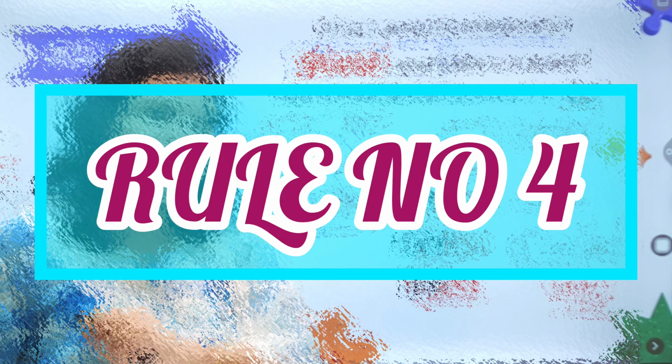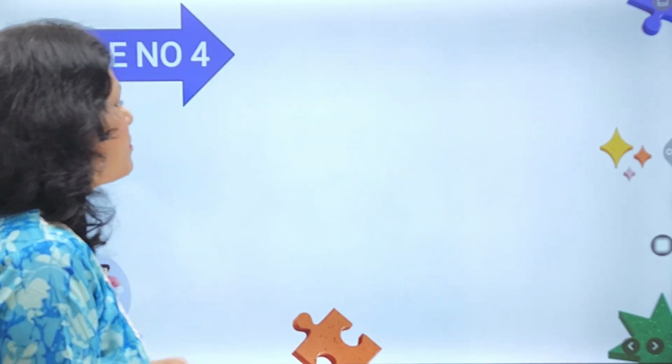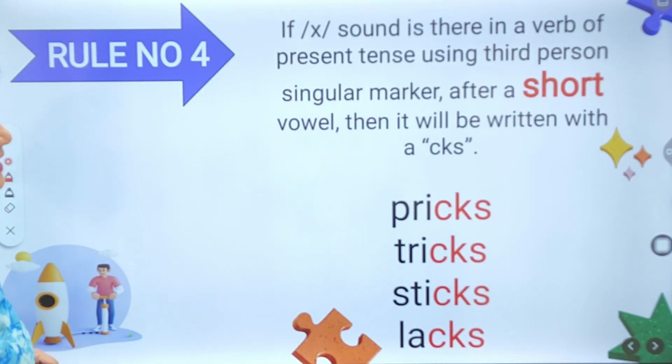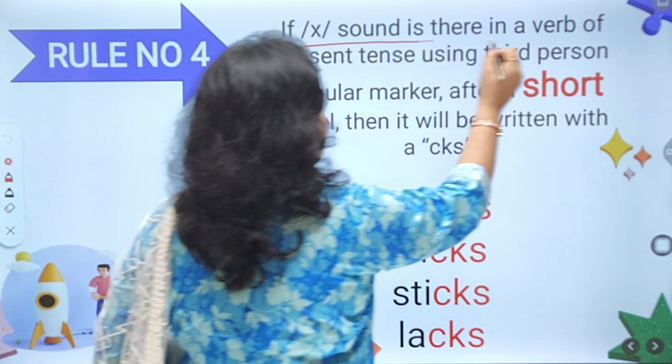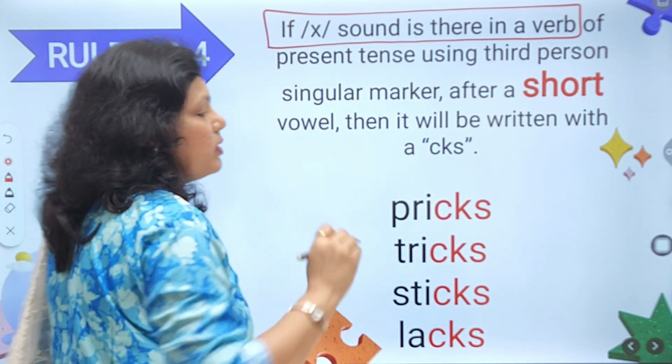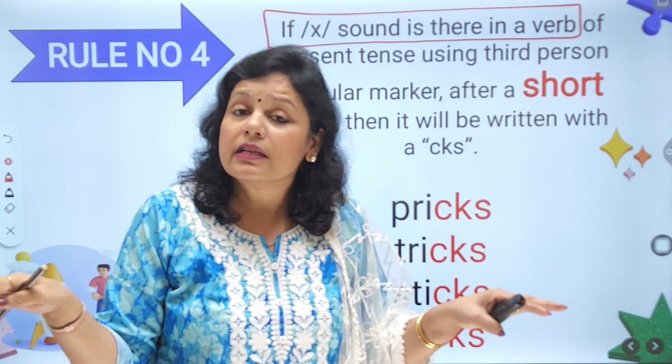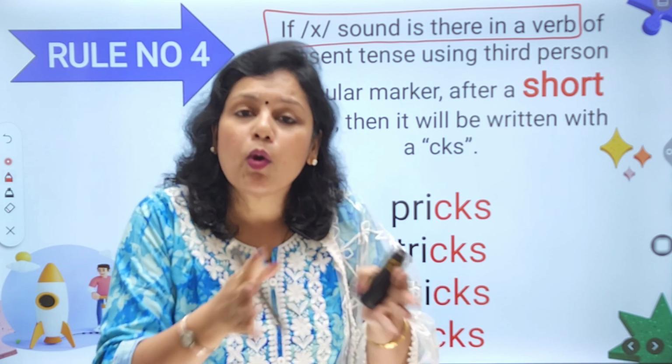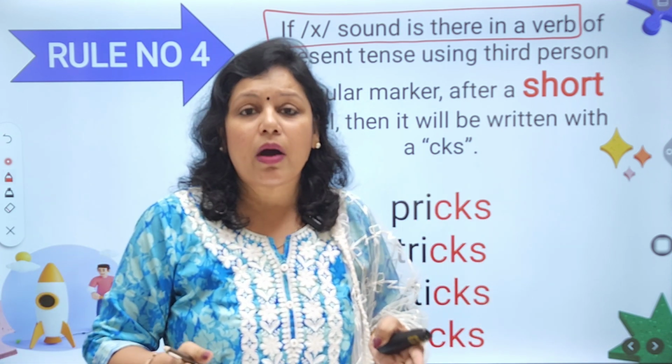So are you ready for rule number 4? Let us see what is rule number 4. The rule number 4 says if the X sound is there in a verb, not a noun. Now I'm not talking about the singular noun, I'm not talking about the plural noun, I am talking about the